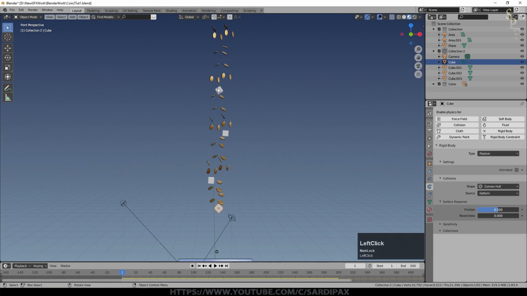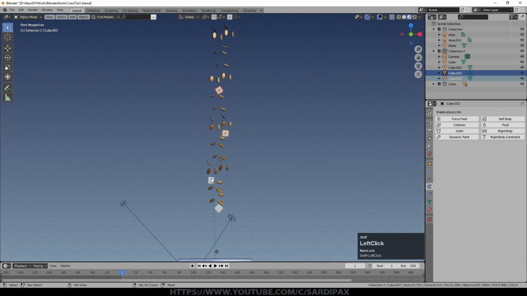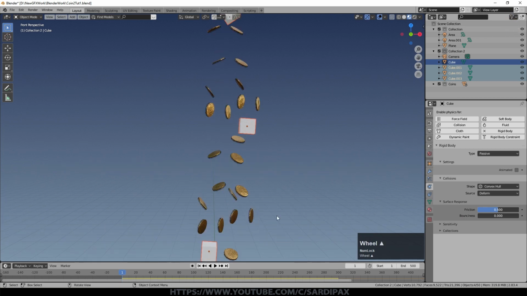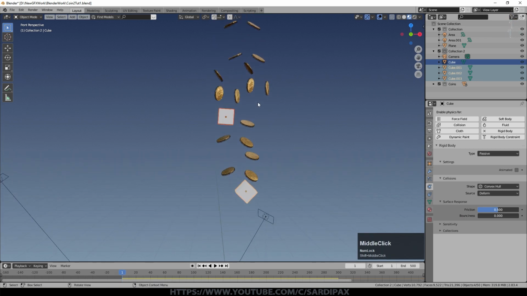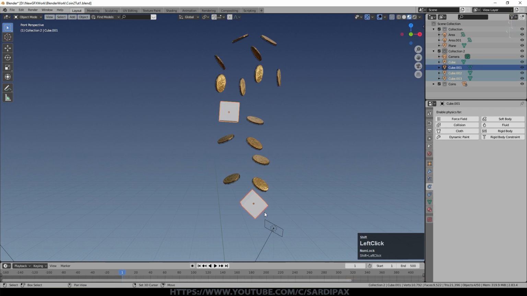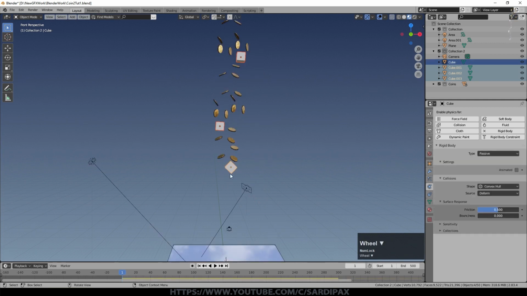Now, if I was adjusting settings, the way that I can quickly add it to all of the other objects, so for example if I wanted to change the settings for the coins, is select them all, make sure you may be able to see that we've got a sort of darker orange for all of these, except for this one which has a slightly lighter orange. If I click that one, that one's the darker orange now and that one's the lighter. This is the primary selected object and these are the secondary, as it were.